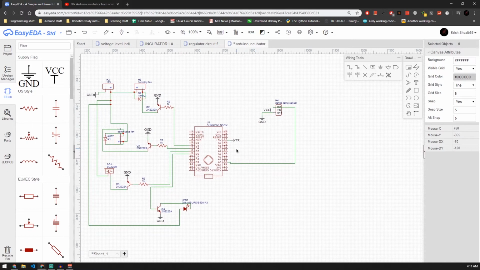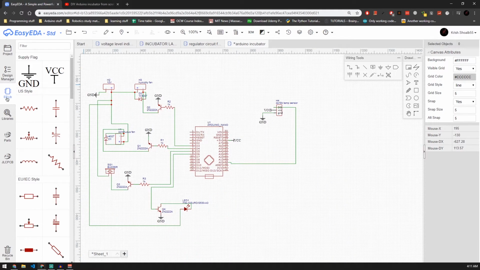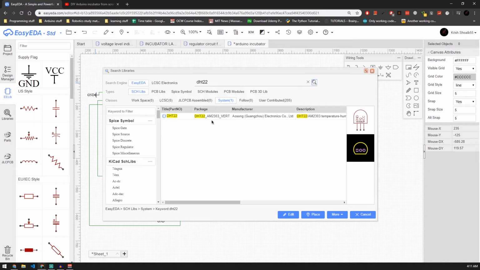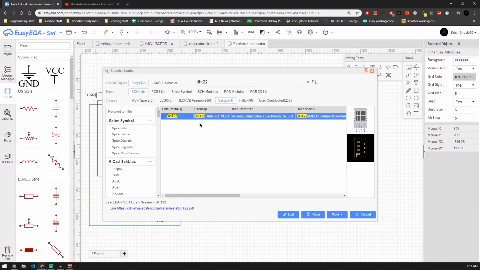Anyway, we've added a sensor. So in order to have a pretty reliable incubator, you need to have well, actually I like to have two temperature sensors, and so this is going to be our temperature and a humidity sensor. So the main temperature sensor is going to be the other one, and this is just going to work as a